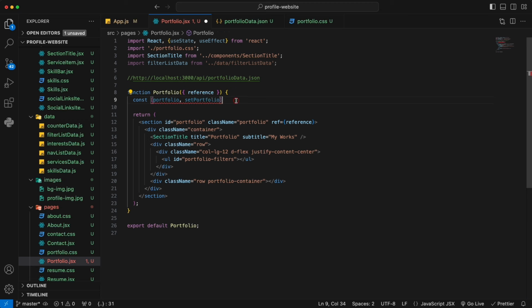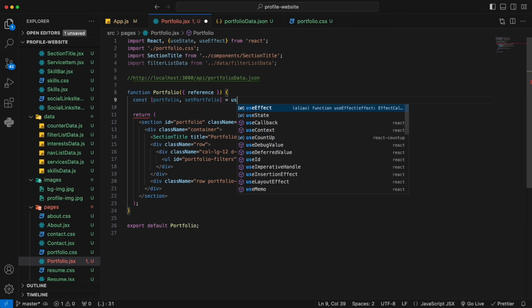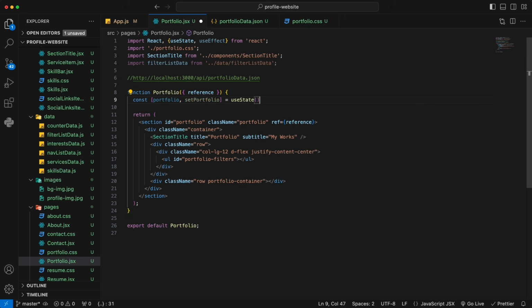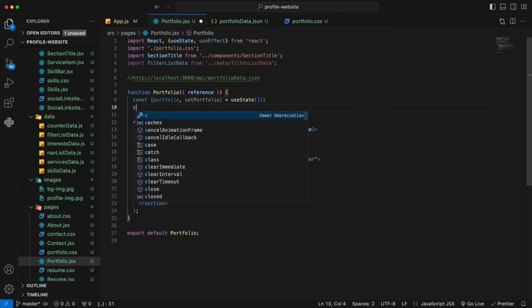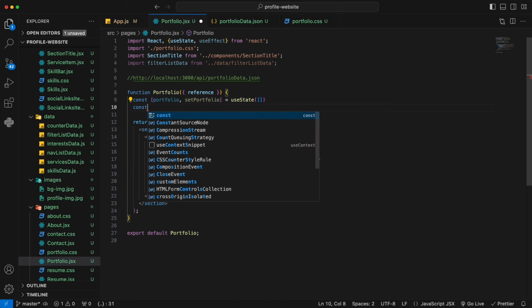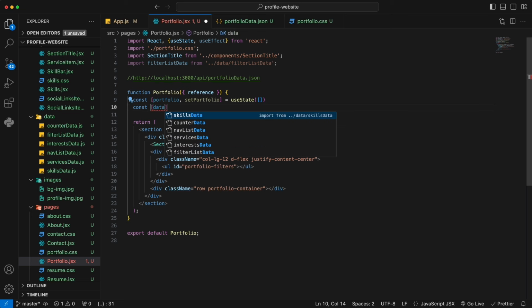Portfolio, set portfolios equals to, inside the local state, we want to set the initial state of that portfolio to be an empty array, because later on we're going to fetch data from the API and then refill that array with the API data. Okay, and also we want to build another local state variable called data, because in this